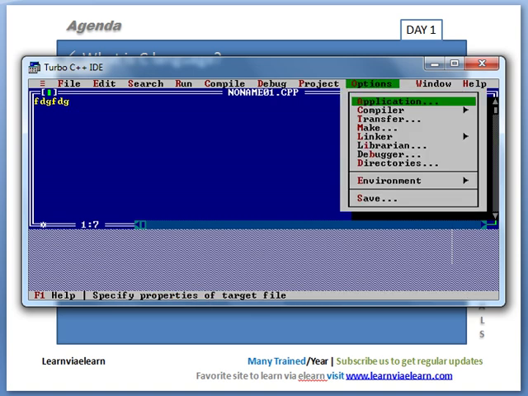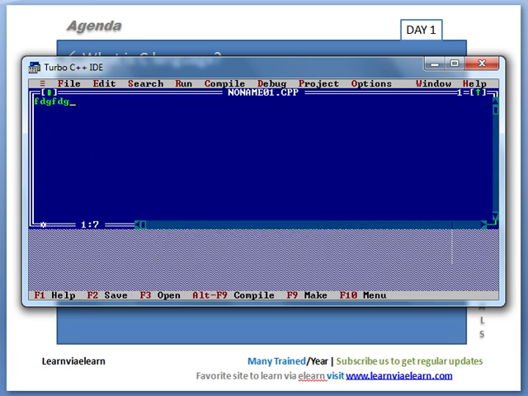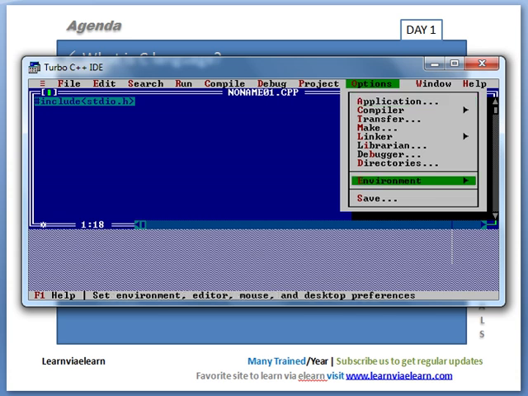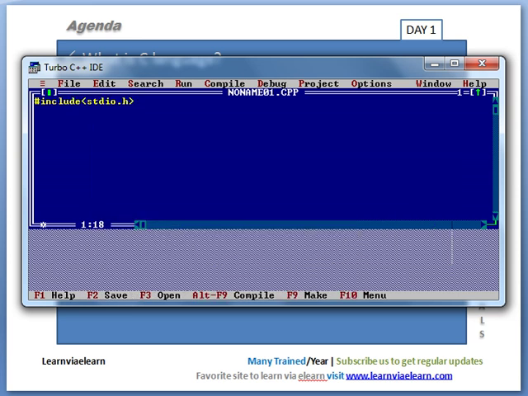Let me give an idea of what happened. For example, if I mark this here and press OK, now see the color changes, and it highlights everything. For example, if I write any statement like include dot h something, it is showing like this only, right? But to give you more visibility, I have made a small change here, and I have removed this. Oh, sorry, this one, right? Okay. So let me start with my first program,